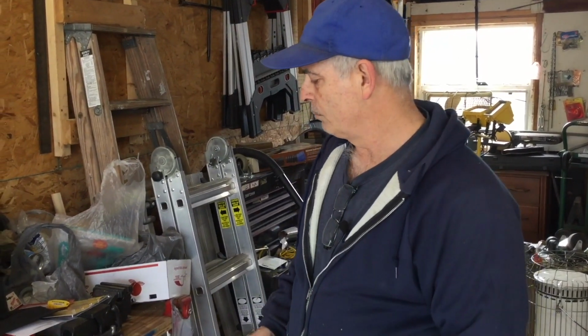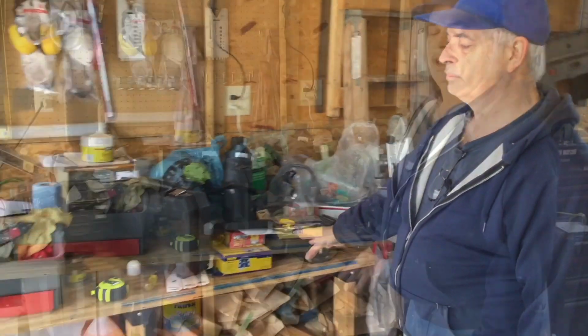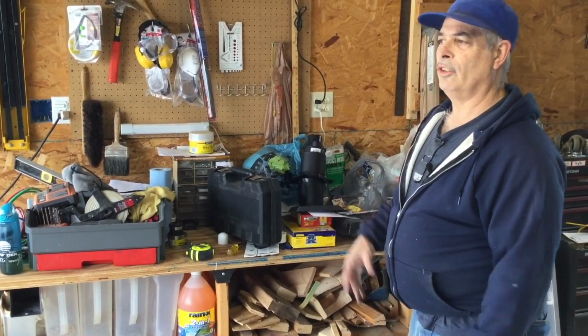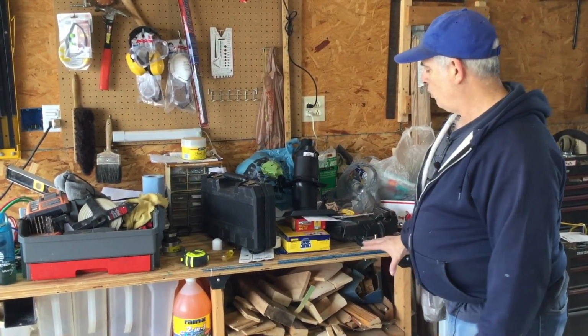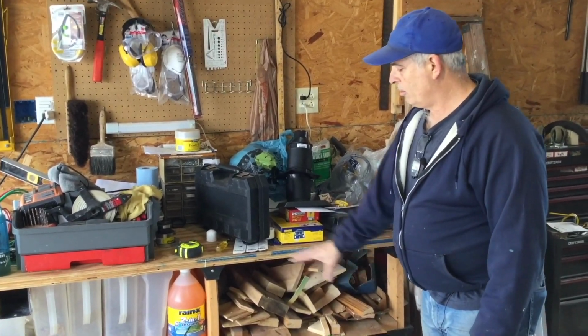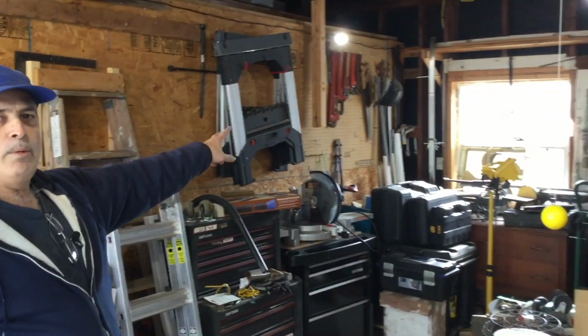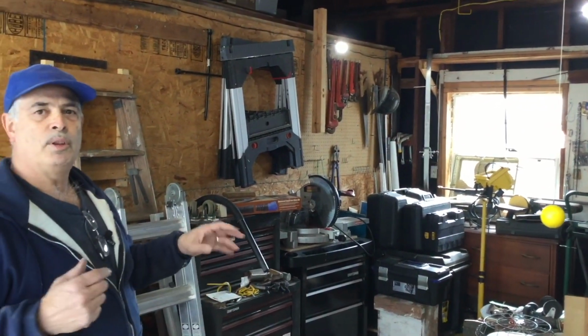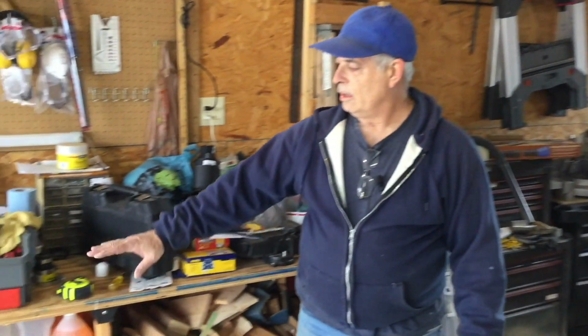One of the projects I'm working on is cleaning up this workbench. We have a desire to increase to a little bit larger vehicle, so I want to make sure I have room for the doors. So what I want to do is take all this excess wood here, my leftovers, and to the left of the window back there I'm going to build a rack to put these in. Well, that means I got to get to the corner in order to do that, and then I plan on putting